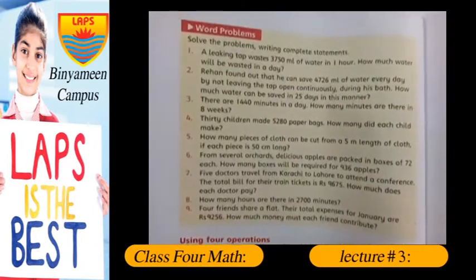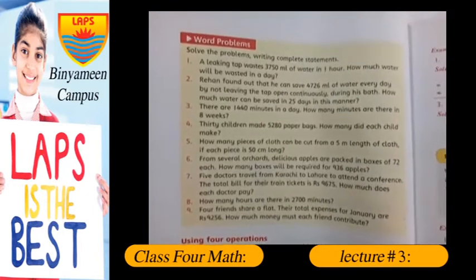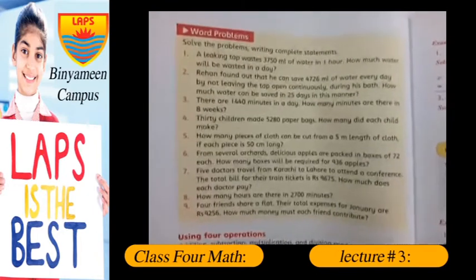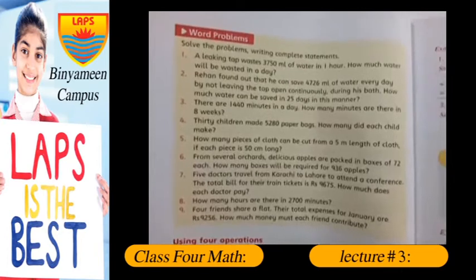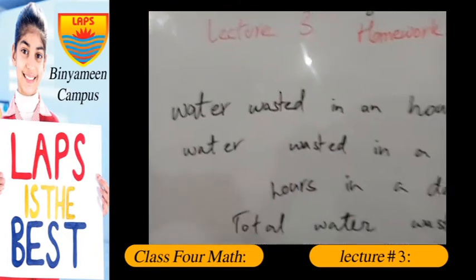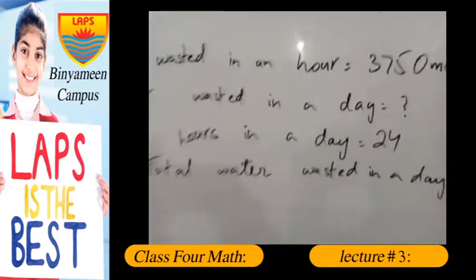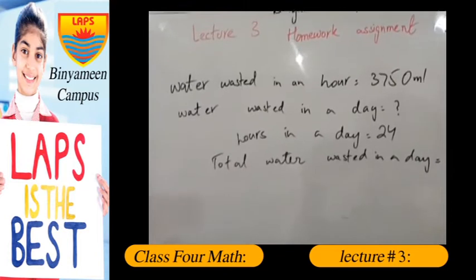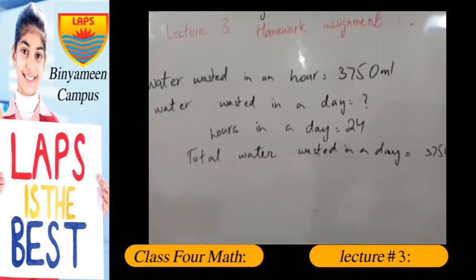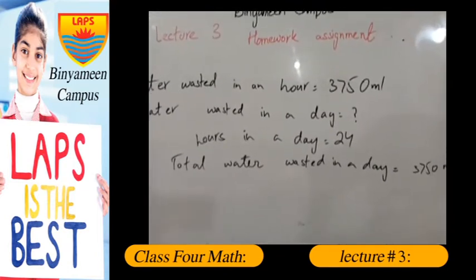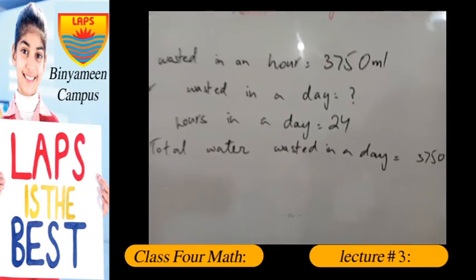parents or your tutors. Now the first statement says a leaking tap wastes 3750 milliliter of water in 1 hour. How much water will be wasted in a day? Now the first statement says the water wasted in an hour is equal to 3750 milliliter. We have to find the total water that is wasted in a day. So total hours in a day are 24, so the water wasted in a day will be